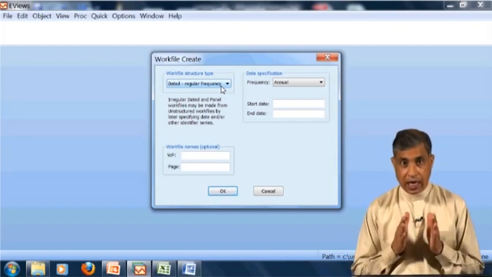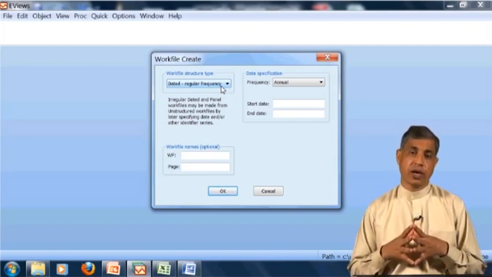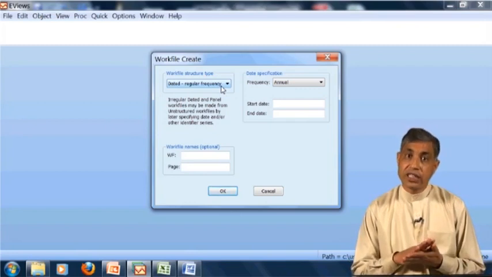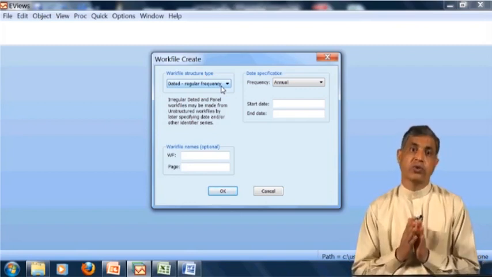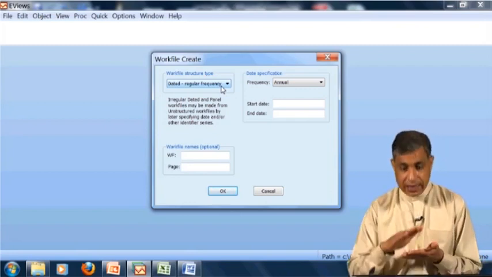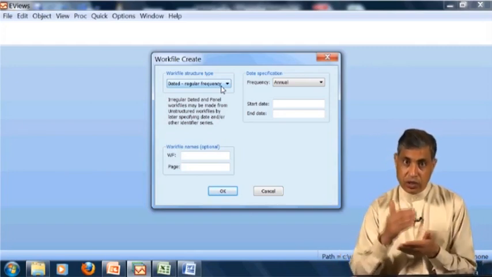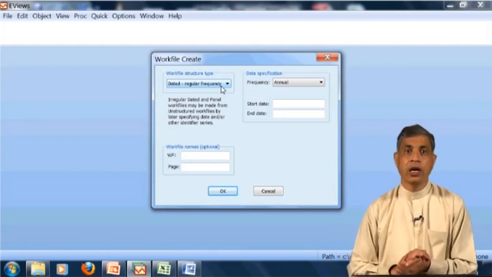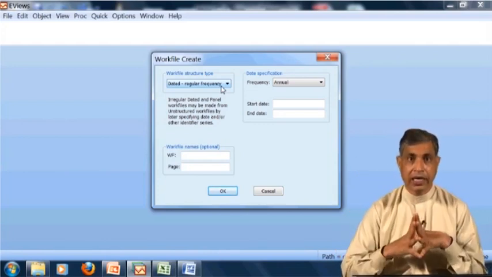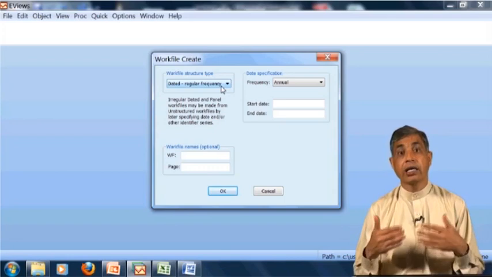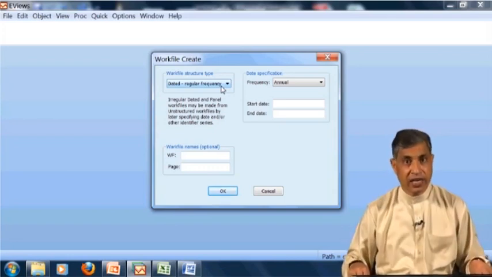What this means is that the software is asking you which data you are going to use for your analysis, whether it is on a continuous basis, meaning the frequency is at a constant interval. For example, monthly data, annual data, quarterly data, hourly data.